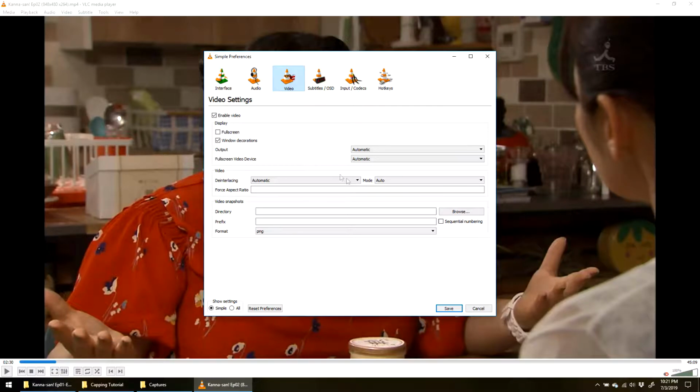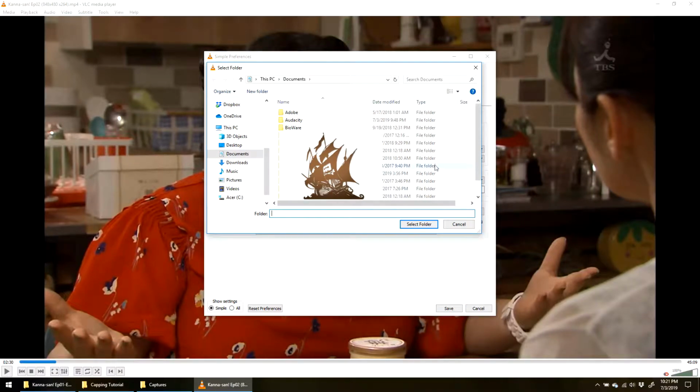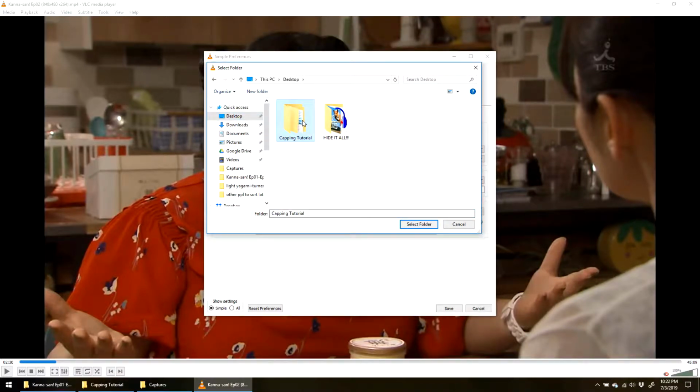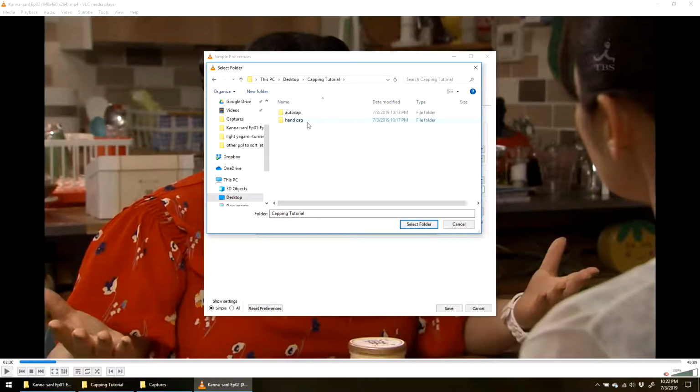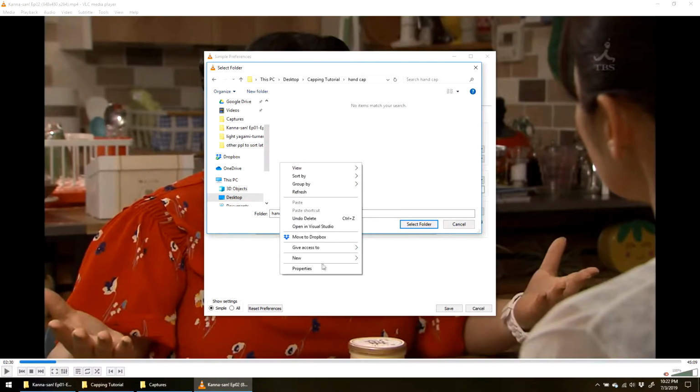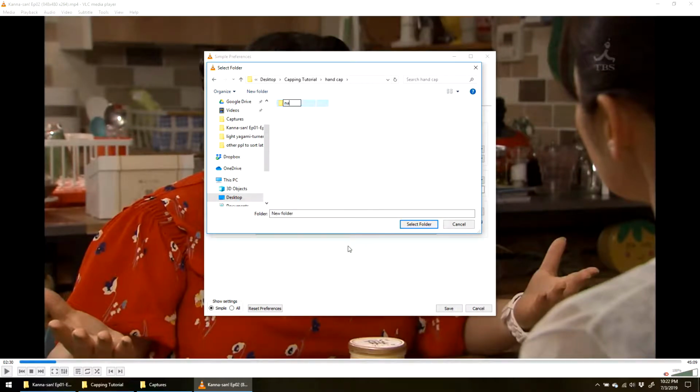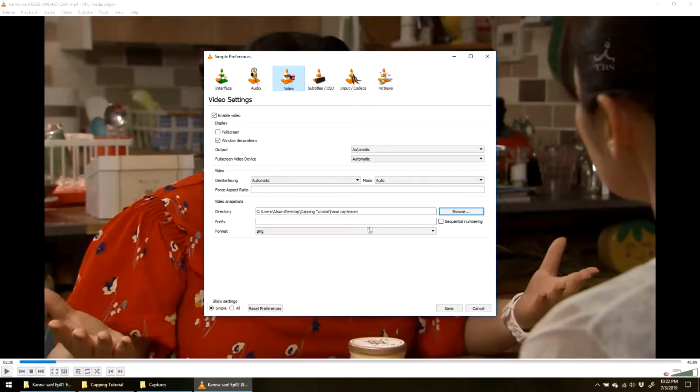You'll need to manually make the directory folder yourself, because if you just add a folder name that doesn't exist, thinking VLC will just make a new folder for you, it'll turn into a file instead of a folder. I've done this several times before and only realized after I thought I'd finished capping a whole movie, and it sucks to go in and just see it's just one file when you thought it was like 1,000 screen caps because you've just been hitting that button 1,000 times. So my point is, be sure to make the folder yourself.